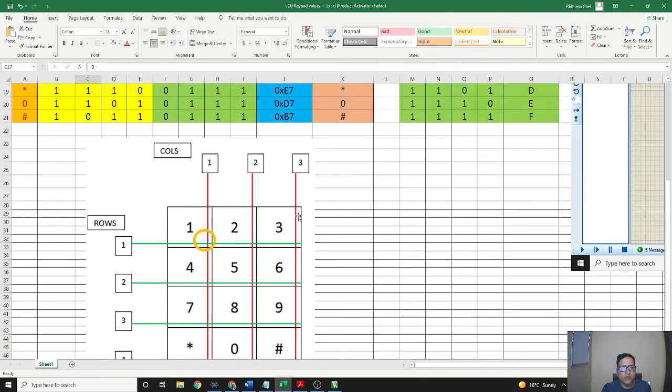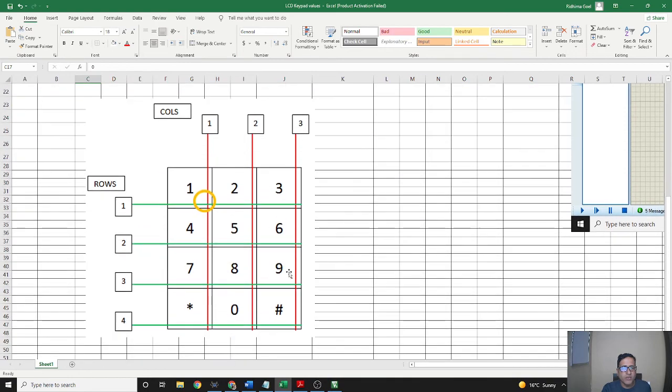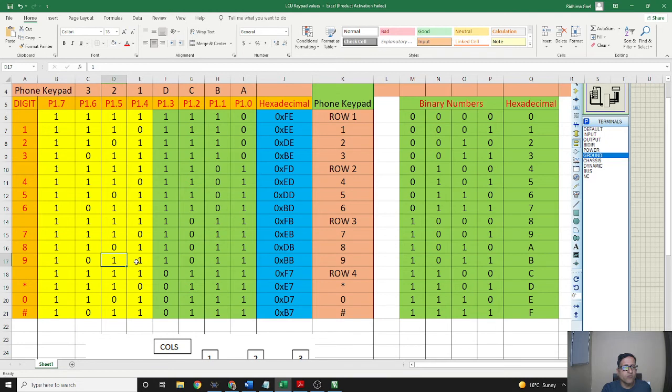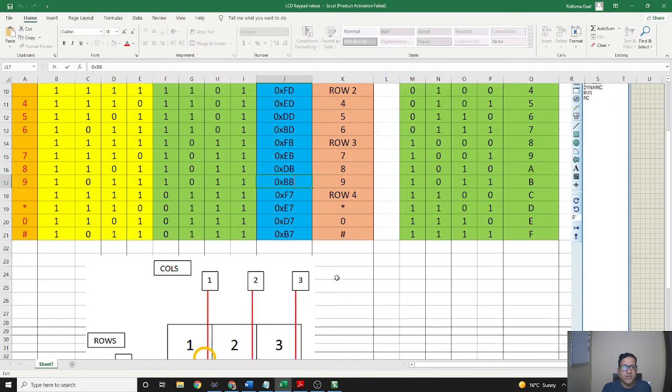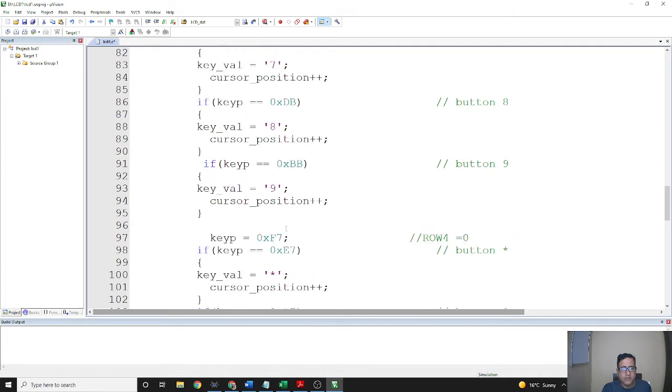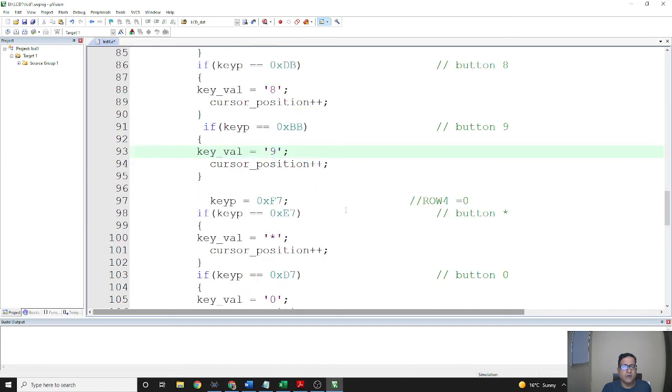In terms of column, it will be the position, and for 9, 10, 11 it will be BB. The first B is for this yellow nibble, and this green nibble is the second B. In this way our code can check that for BB it will write the 9 there.